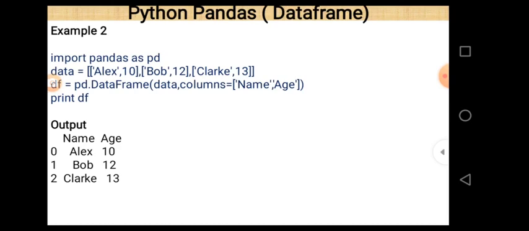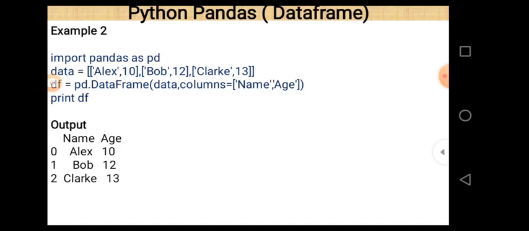So when we want to create a data frame using this data, we just write pd.DataFrame again and pass this data as an argument. The name of the data is data again, and if we want to create column names here, in the last case we didn't pass column names, that's why it started from 0, and in this case the column names are Name and Age, because these are strings, so we write them in single quotes.